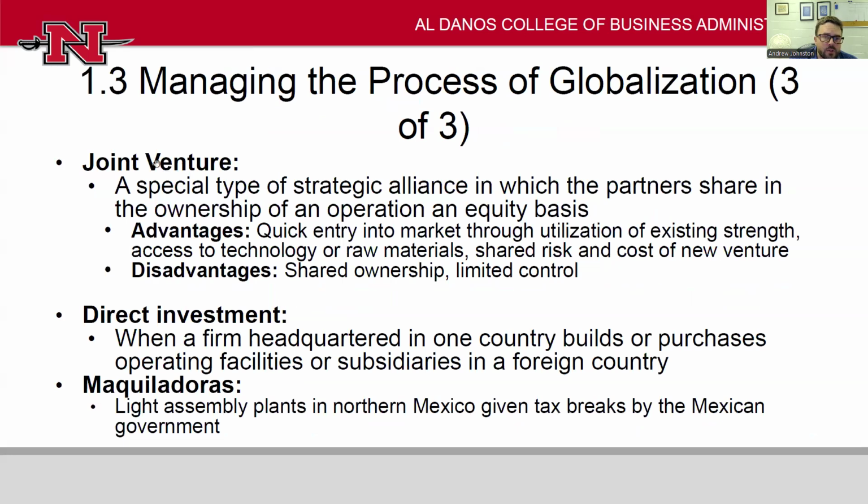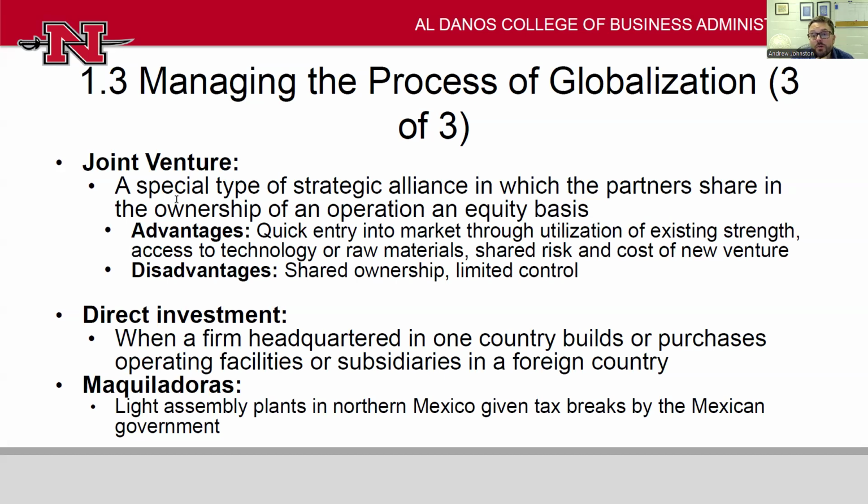And there's that example there. Joint venture is an escalating level of commitment. Now you're partnering with a firm and you're both putting equity into a third firm. That keeps you committed. You can't just walk away now. It does make it easier to enter the market, especially if you're creating a joint venture with a local company in the host market. That's often a good way to get the skills and the knowledge you need for that specific market.